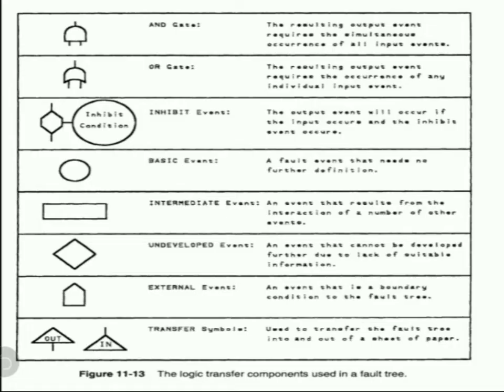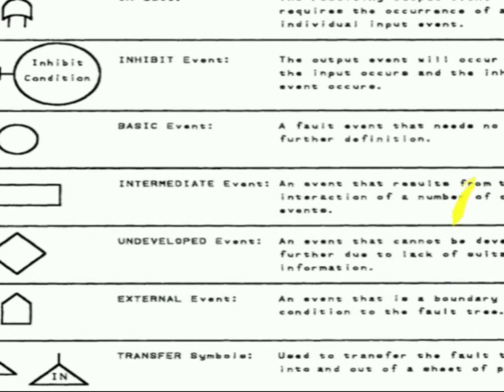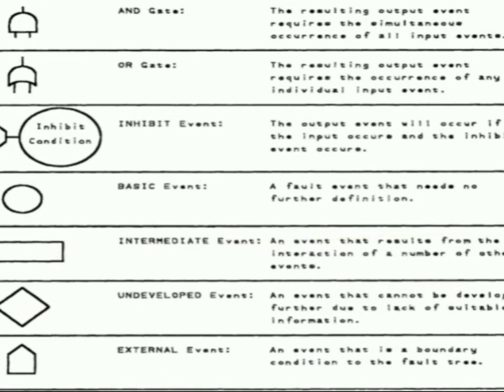Now we can see these are the different logic functions that are used for complex chemical industry processes. With the AND gate, where the events are in parallel, we use the AND function, and when the events are in series we use the OR function. Again, the inhibit gate we can use when it may cause or may not cause.